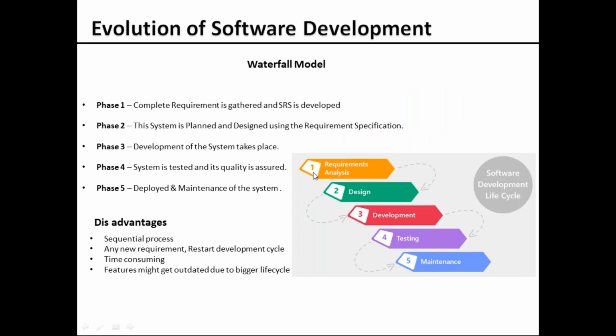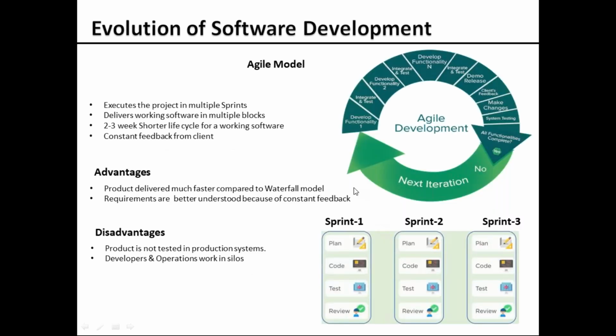Now in the waterfall model, there is no client involvement after the requirement analysis is done. Only after the complete product is developed does it go back to the client to review and come back with feedback. If there is any new change he wants, the complete flow has to be gone through again. Whereas in this agile model, you are making the complete software into bits and pieces based on the requirements that are there, and for each requirement you are going through the complete life cycle of a software.